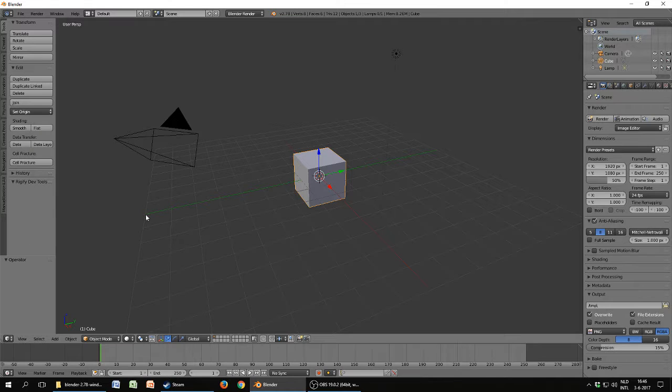The first thing I want to show you actually is how to navigate and a bit of the basics of the UI. The simplest thing to navigate is middle mouse button to rotate and such. But if you have a numpad, you can press 1 to get to front perspective, 3 to right perspective, 7 top and 9 bottom. Perspective, you can change that with 5. What actually is the difference is that it looks like a 3D object or it looks like a 2D object. But if you don't have a numpad,